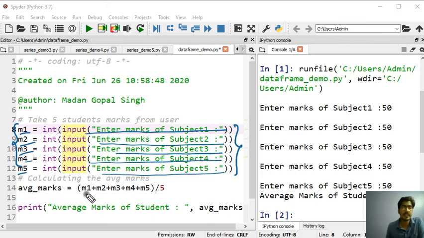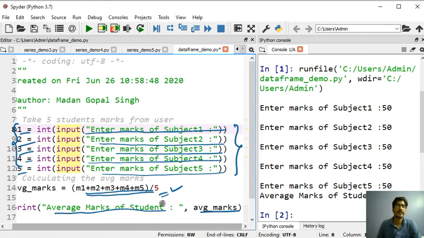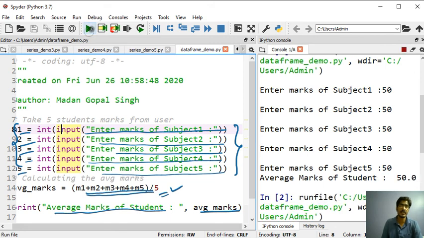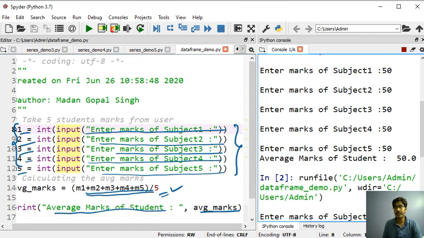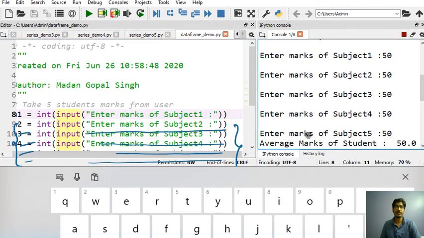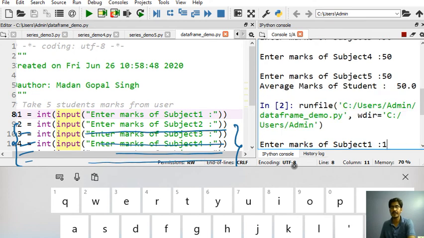Then how can we calculate the average? We are totaling the marks of 5 subjects, then dividing by 5, and then we are simply printing "Average marks of student" and the avg_marks variable. Now you can execute this program by clicking on this run button. I need to enter the marks of subject 1: let's suppose 10.